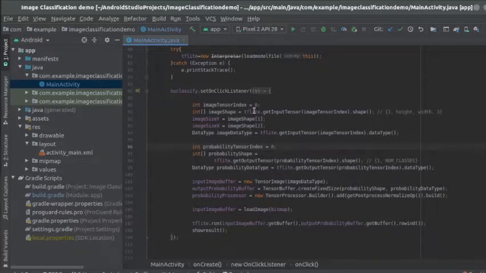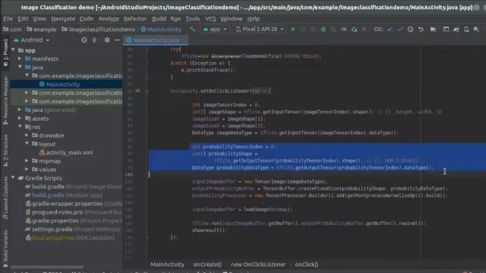By using the interpreter we get the input tensor, and then its shape. It will return its shape, then we get the height and the width of the input shape, and then we get the model image data type using the interpreter as well.